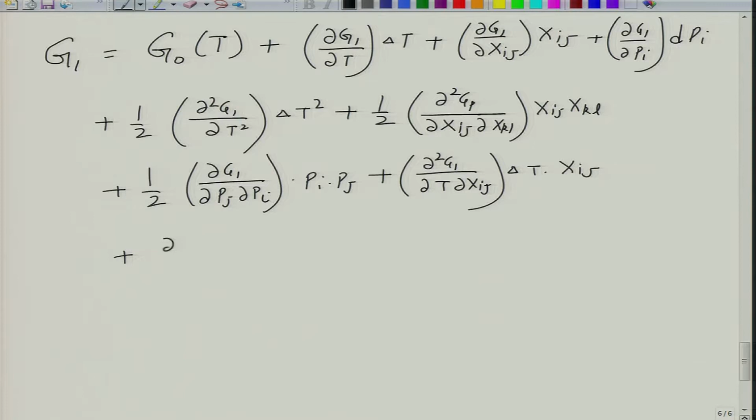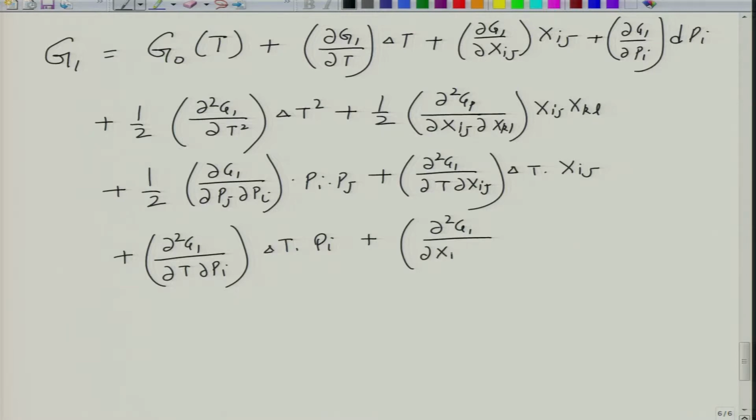Then the second interdependent term could be between temperature and polarization, so this could be delta T into Pi. And then the third term is del 2 G1 del Xij del Pk, and this is Xij into Pk,